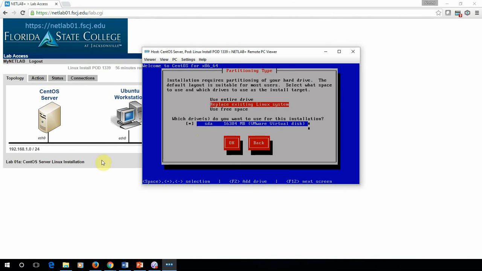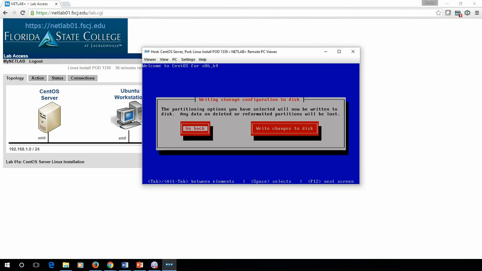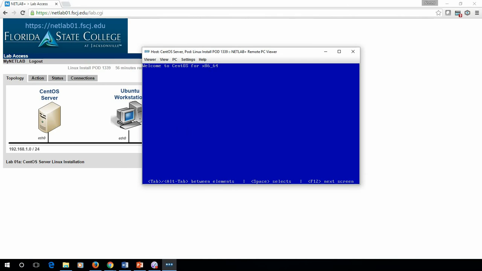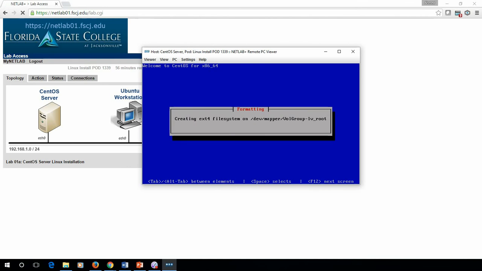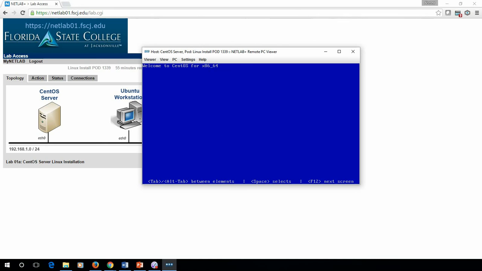It will ask us to replace the existing. I need to choose use entire drive, and then tab. I need to select this SDA, and that's what I have, and press OK. Now it will ask us to go back or write changes to disk. I will choose write changes to disk, and you can see it's writing right this moment, creating something, and